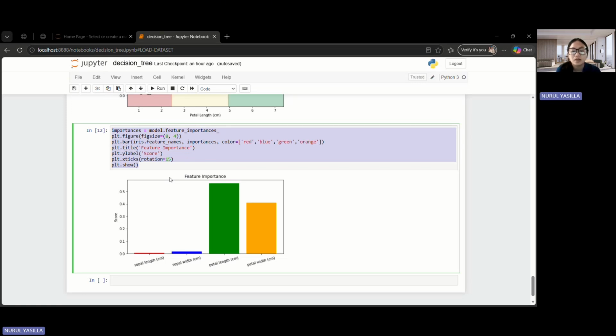A feature with a high score means it is most frequently and most efficiently used to separate the classes. In the Iris dataset, petal length and petal width are typically dominant, because both have stronger discriminative power compared to sepal length and sepal width.